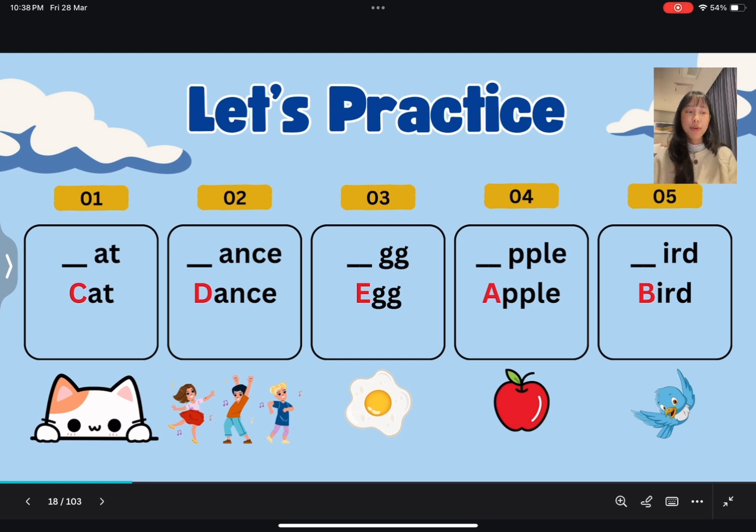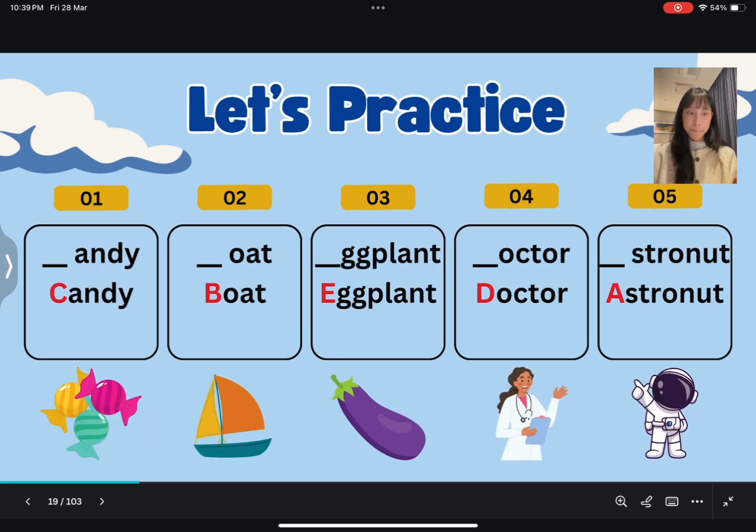Apple, super easy. Everyone knows that one. Apple, A. And then bird. Bird. Letter B. They would be able to say letter B. And then we have candy, boat,